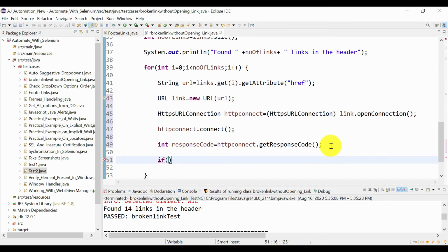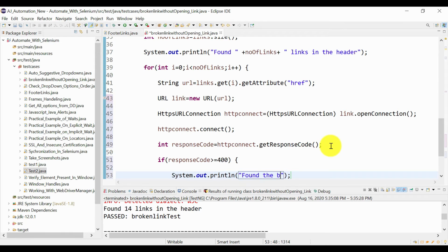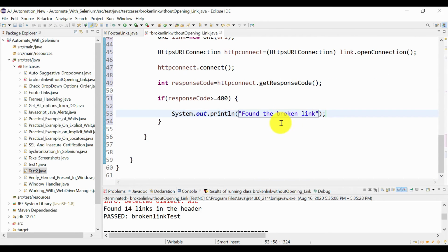If this response code is greater than or equal to 400, then we'll print out found the broken link. If response code is greater than or equal to 400, that means that link is broken.